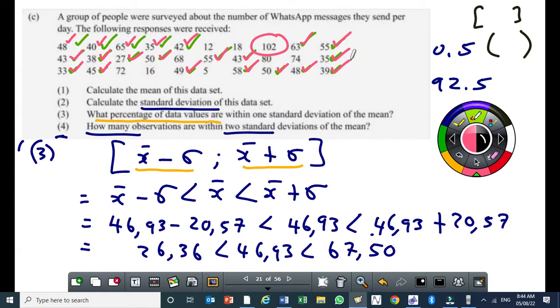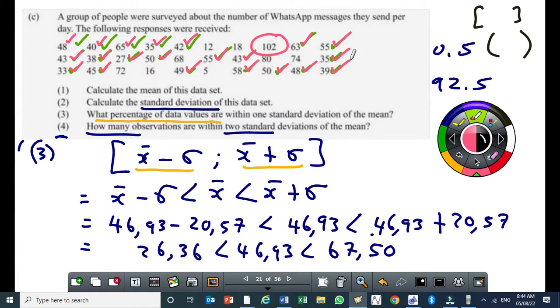Remember, what is the total of the values? I'm talking about the total of all of them. 1,408. How many values do we have in total? There are 30: 2, 4, 6, 8, 10 times 3, which gives us 30. Now, if we want to know what percentage of the data values are within one standard deviation, all we have to do is